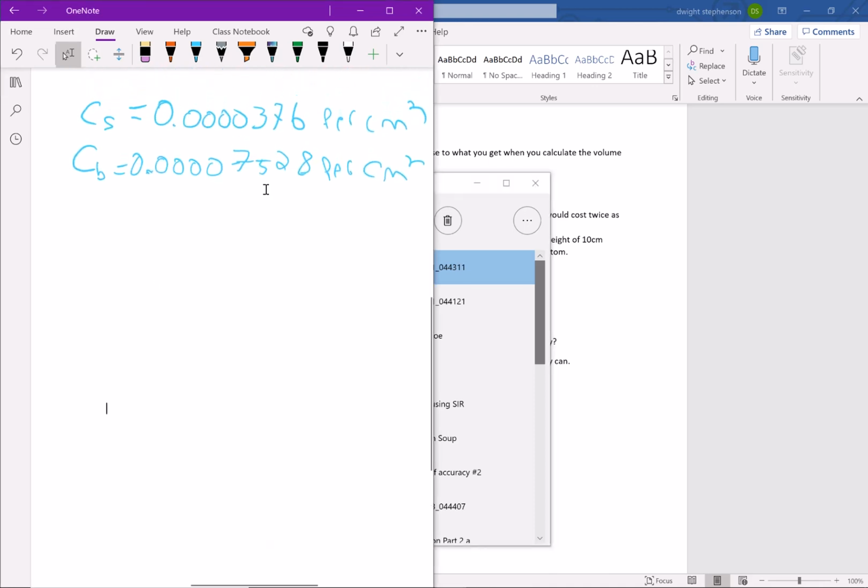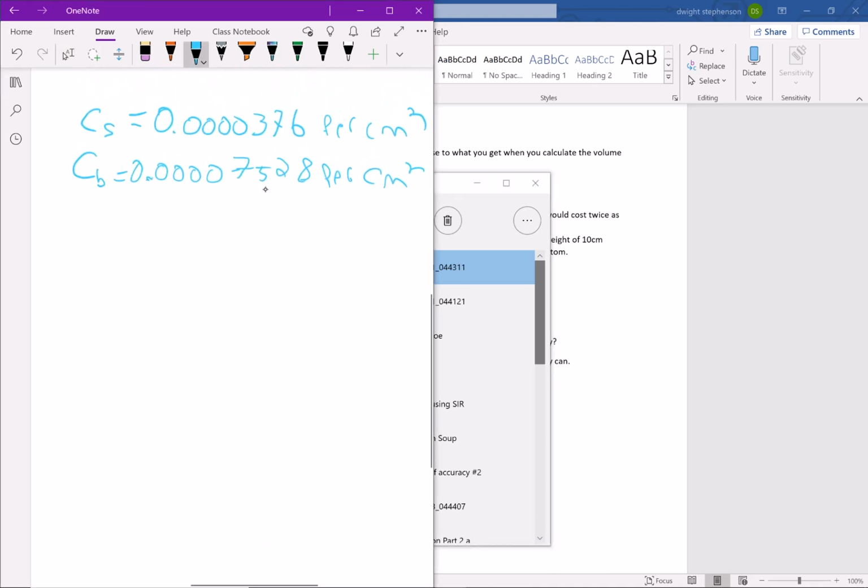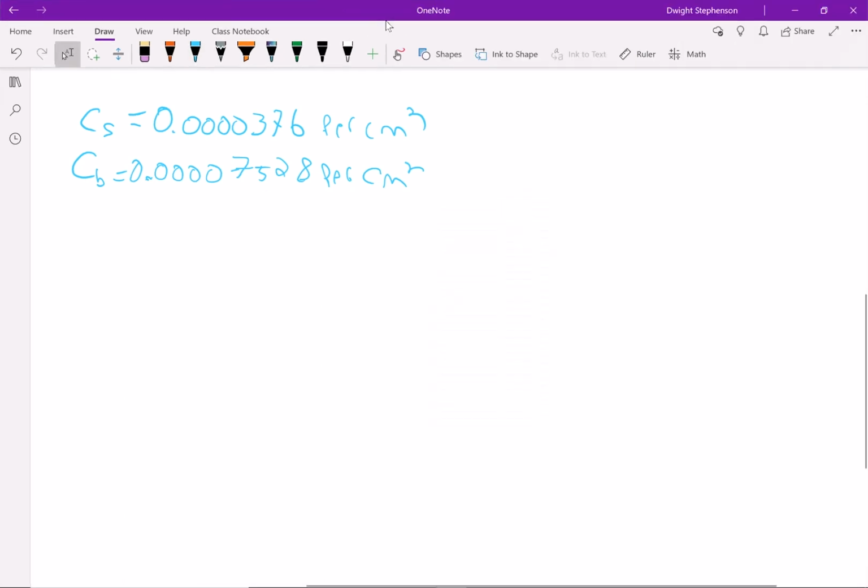Okay, so in the last video we found that the cost of the material for the sides was this much, the cost of material for the base was this much. And now we're trying to write an equation for the cost of any can. So any can always has the same formula for surface area, right? It will always have 2 pi r squared, right? Two bases, a top and a bottom, plus,